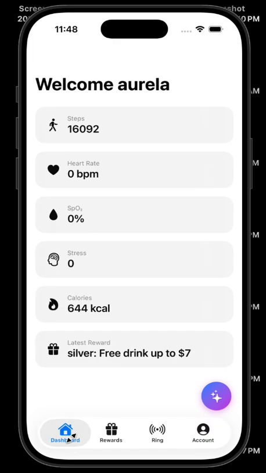Some future things I wanted to add is obviously having the friends section, possibly having a credit card reward point system, where, oh yeah, my idea was also to have an NFC within the fitness ring, which is the whole point of this project, since Aura rings already have the sensor and the health app. The reason why I did this is because I wanted to include a ring that also had an NFC in it, so that we could do things like bridging the gap between a physical store and an online store, where maybe a user is able to have a credit card and reward point system, where they're able to use